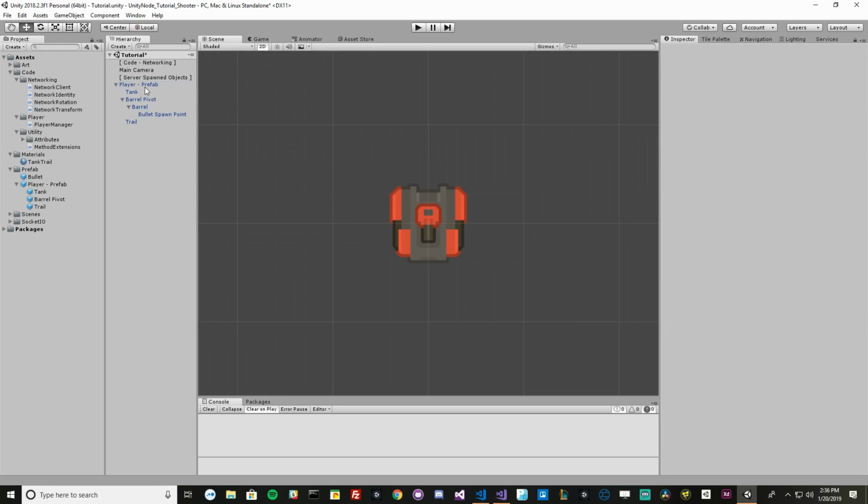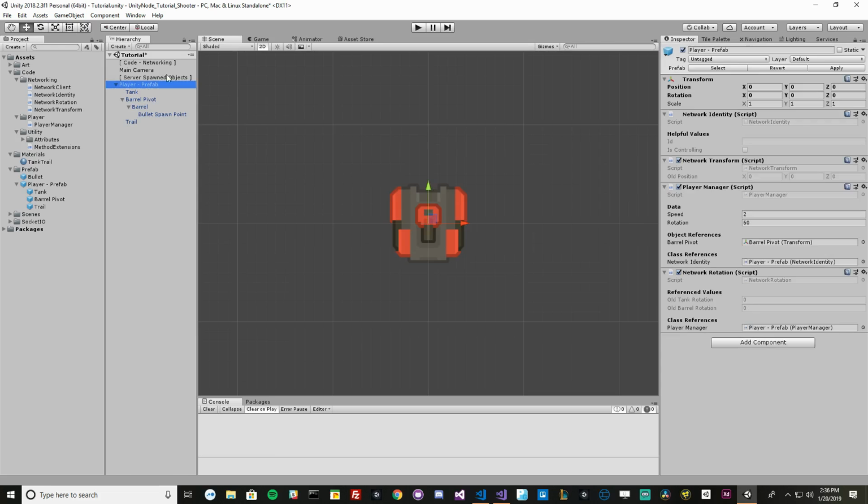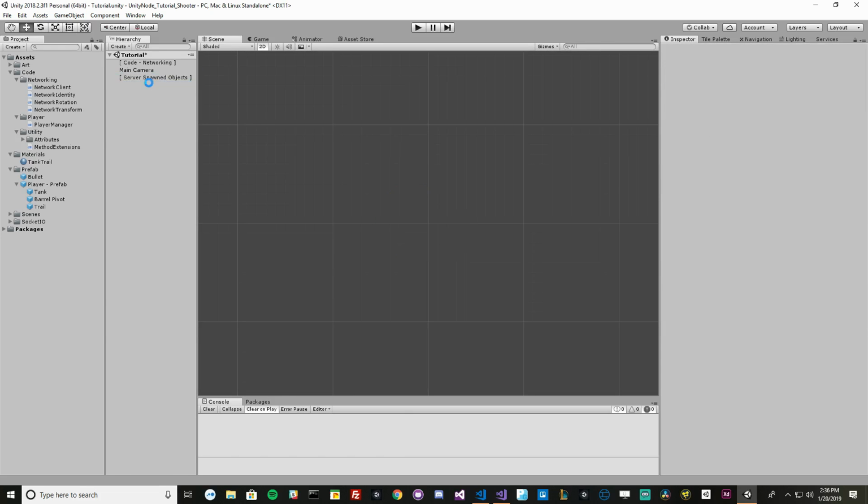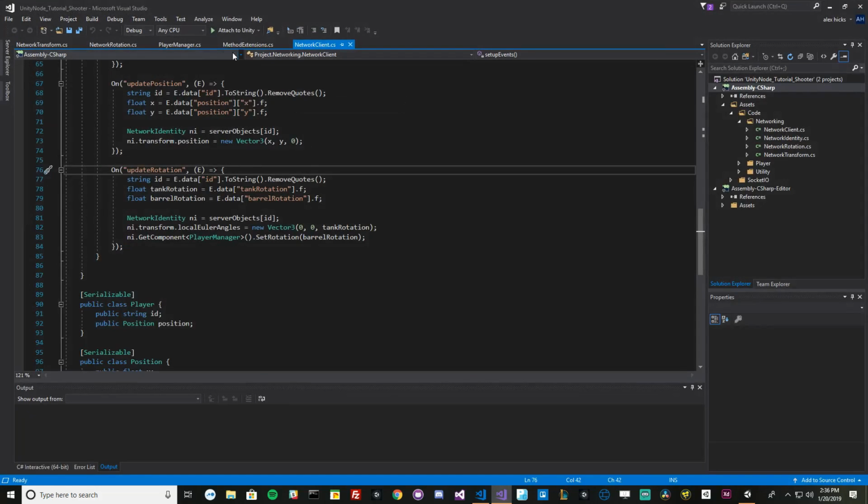Okay, as long as it's saved and it's blue, you can left click here and hit delete, and we're going to hit save. Okay, so we're going to go into our player manager class, and we're going to start doing some shooting code. So if we open up player manager here,